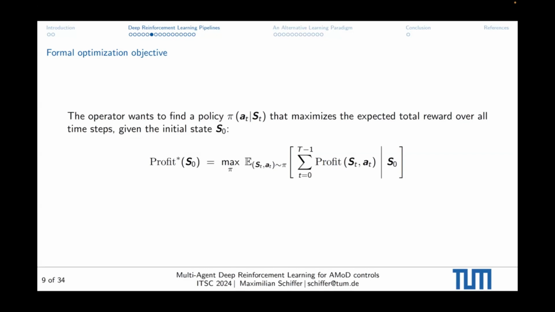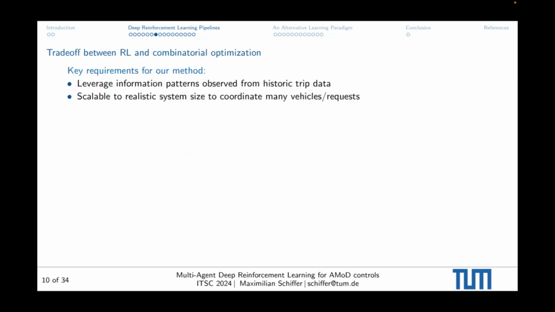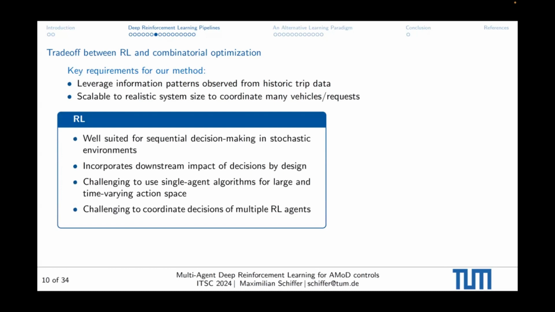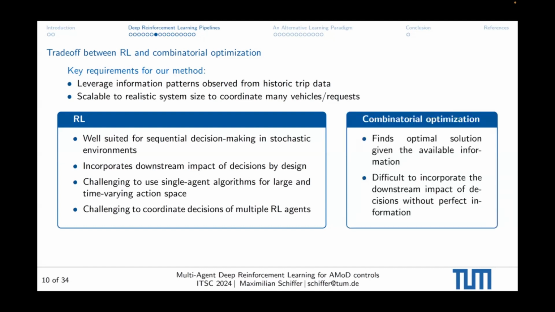And this decomposition bases on involving optimization into that kind of problem, precisely in the multi-agent setting of it, right? So if you think about it, what do we want to do? We want to cook up a policy that anticipates future requests, right? So that leverages knowledge of historical data, and it needs to be scalable. So to be good in anticipating future requests and leveraging what we know about our environment, we have the reinforcement learning component that allows us to learn by experience, learn about the dynamics of the problem, and so on and so on. And I want to combine it with an optimization component that allows me to somehow capture more structure in the problem,